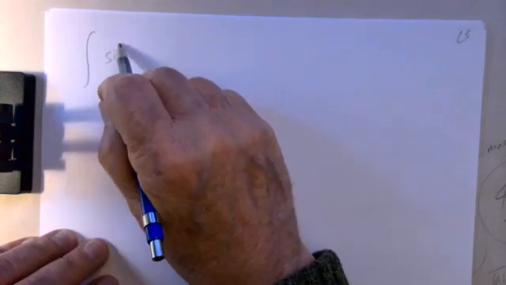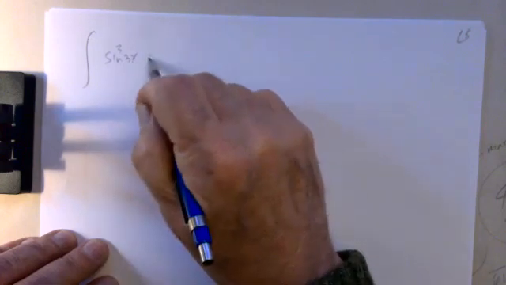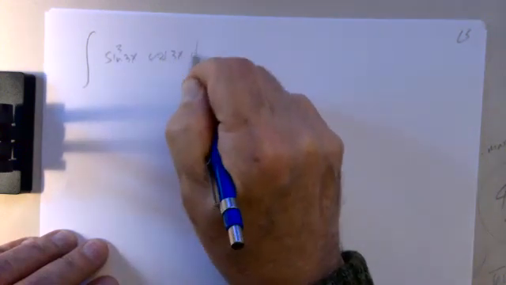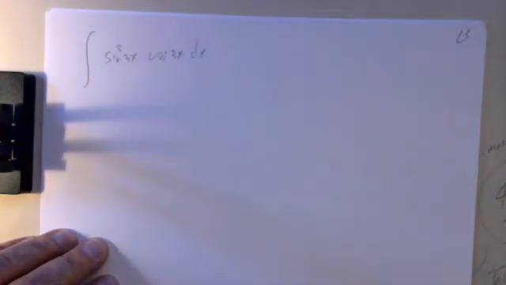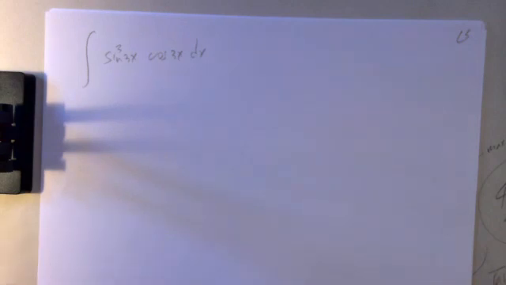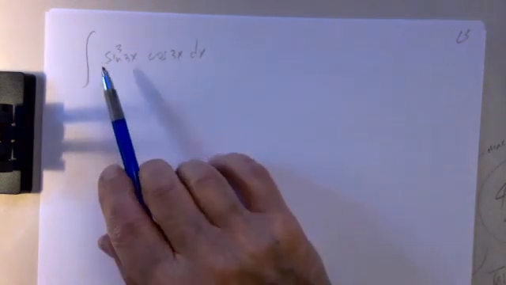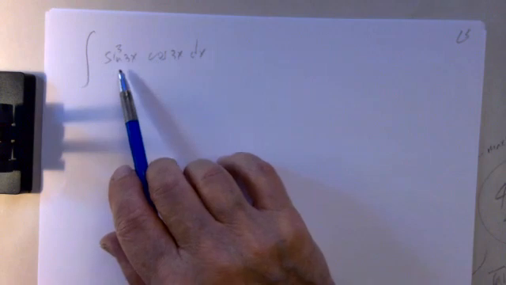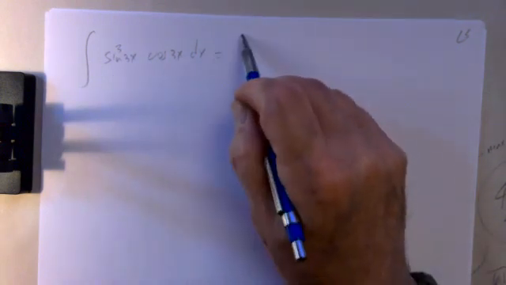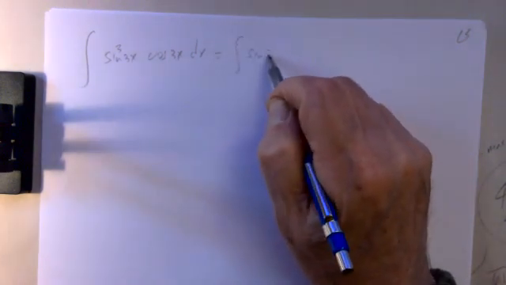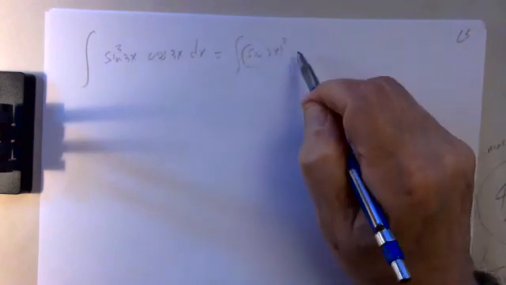Suppose I have sine cubed of 3x times the cosine of 3x dx. We want to find an antiderivative. So it's helpful, for example, to remember that the derivative of the sine is the cosine. So this is like the integral of sine of 3x cubed